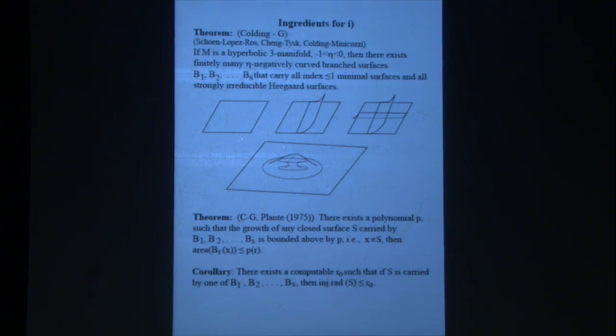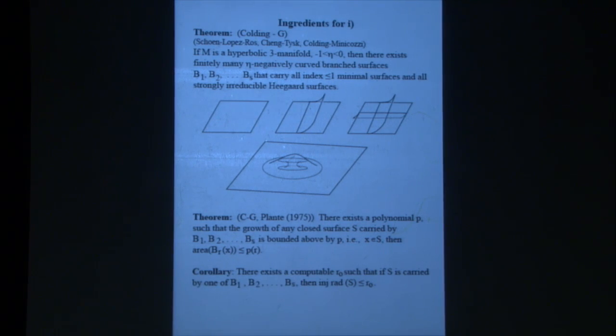And the point is that hyperbolic surfaces, their area grows. A hyperbolic plane, its area grows exponentially in the radius. On the other hand, exponential is a lot bigger than polynomial. So after a bit, the surface has to come back to itself. So there's a uniform bound on the injectivity radius. And anyway, that turns out to be the crucial point for